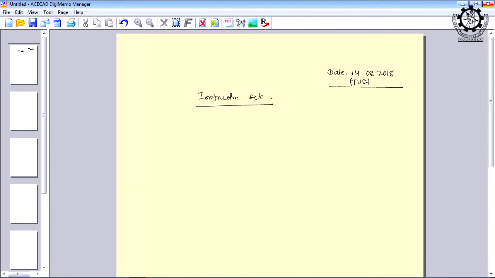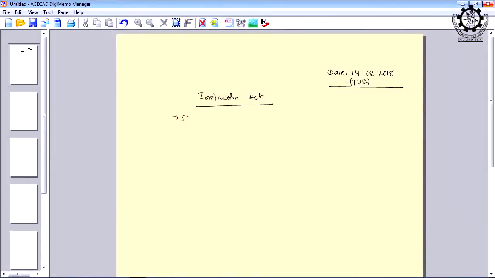So, last class we were discussing the main attributes of the instruction set architecture. The first one is the addressing mode, second is the instruction set, and we covered the different types of addressing modes, and I gave some examples. Similarly, you can see in the instruction set which instructions fall in which addressing modes. That is very important.